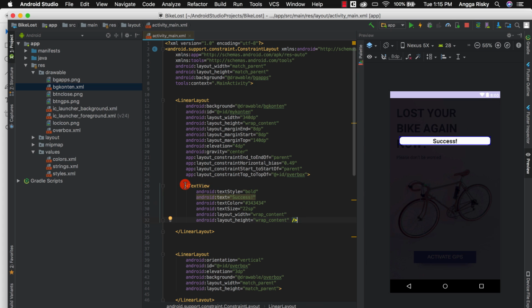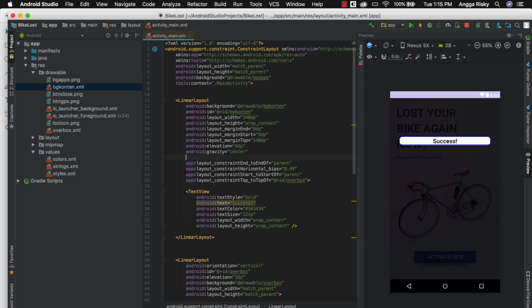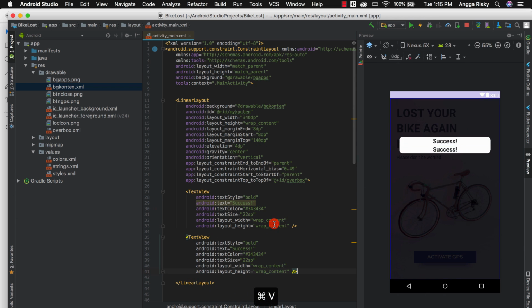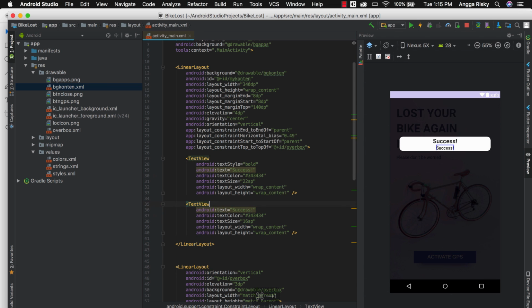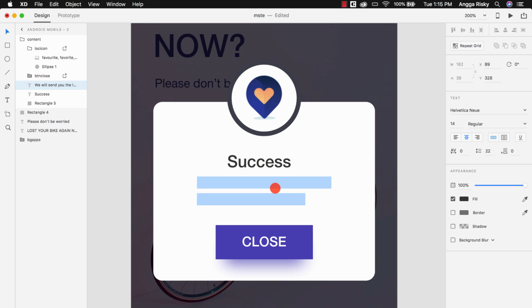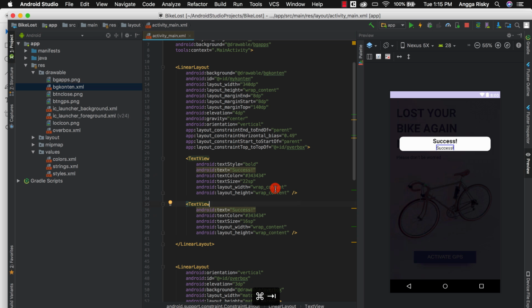Okay, and we need another text view. So in this linear layout we have to set the orientation to vertical. Okay, and another text view we have 16 SP without bold, just remove the bold, and then after that you copy this. Okay, and just put it over here.